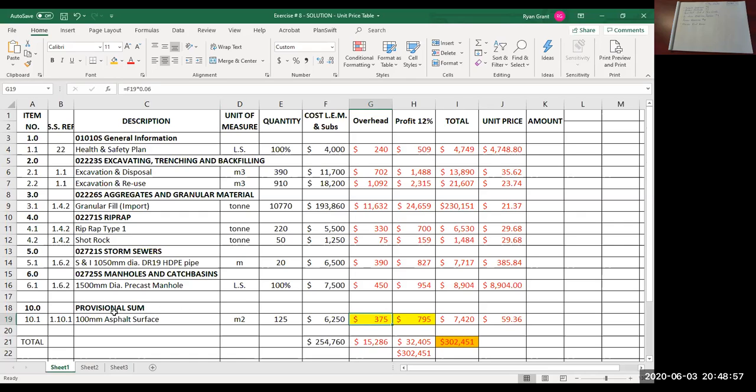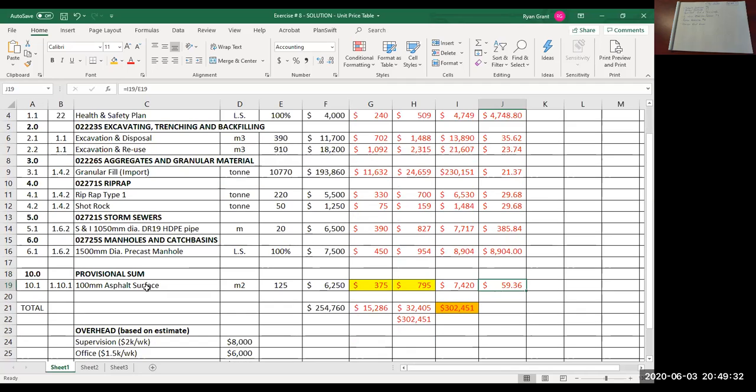Now, last week when we went through the PowerPoint, I mentioned that provisional sum items, so meaning this 100mm asphalt surface bid item, can be deleted at the owner's discretion, and you will not be compensated for it. So what that means is this amount of overhead that you've inserted into this line item, that's included in our submitted unit price,